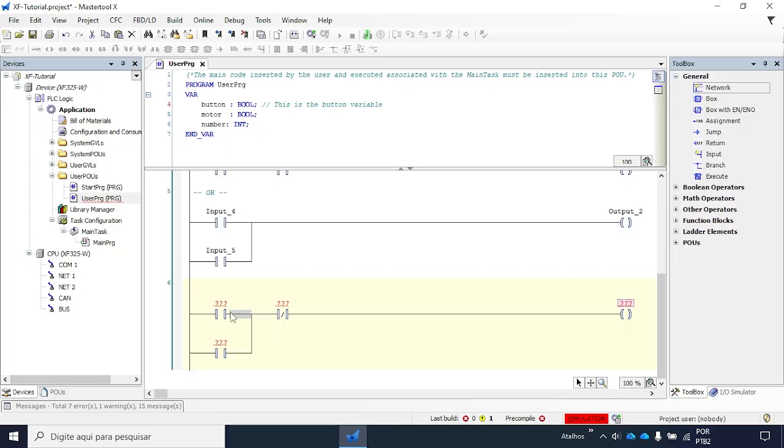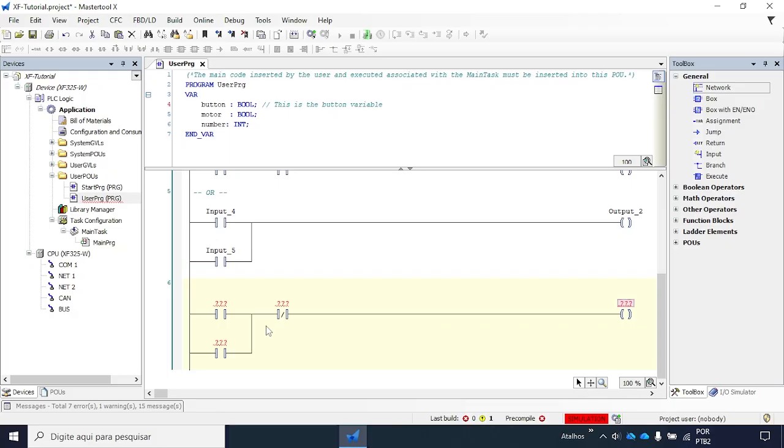Now, the way a sealing logic works is that we have an input contact right here that when closed will send a signal to this coil, and this coil will be linked to this contact right here, which will also send a signal to this coil. So even if we disable this input contact right here, this contact, which is linked to the coil, will still maintain the signal flowing to the coil. And the only way to reset the logic is by opening this contact right here, which will break the connection.